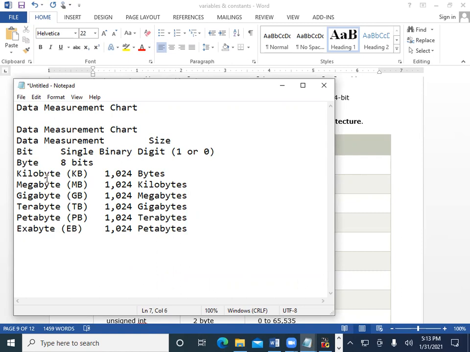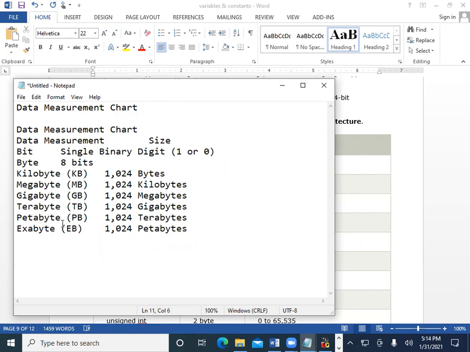Then KB, that is kilobyte. 1024 bytes make 1 KB. Then megabyte. 1024 kilobytes make 1 megabyte. Then gigabyte. 1024 megabytes make 1 gigabyte. Then terabyte. 1024 gigabytes make 1 terabyte.